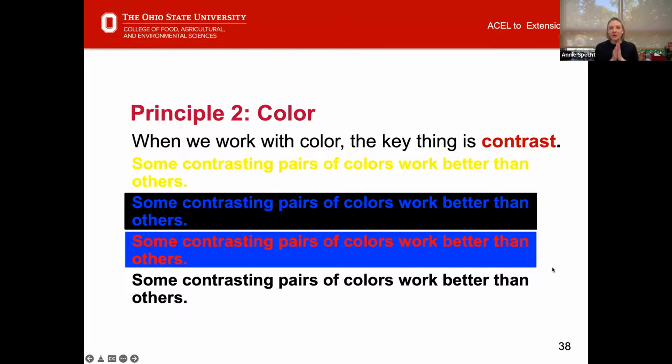All right, so we talked about color or contrast in the context of type, and contrast is one of the things that we really need to focus on with color as well. One of the things we tend to find is that there are certain pairs of colors that work really well together, and certain pairs of colors that really do not play well together. And I think sometimes we focus a little less on making sure we're providing enough contrast, as opposed to just following brand guidelines and what our templates tell us to do.